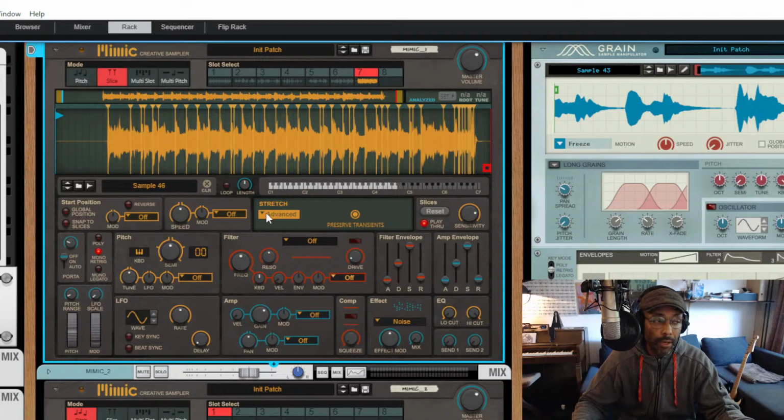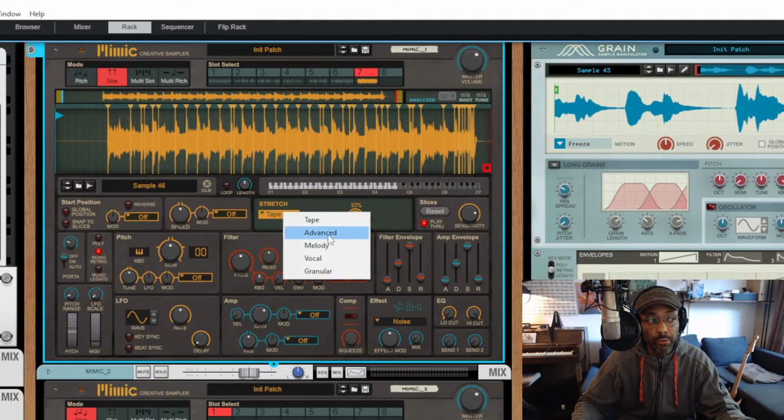Most of the time, I like tape sometimes, but the issue with tape is it behaves like tape. If you slow down the tape, the pitch goes down. If you speed it up, the pitch goes up. But if you want to have independent control, then you would need to choose any of the other modes but tape. Usually I will use Advanced most of the time. I find it has usually the cleanest results